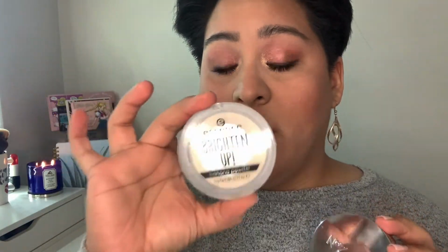Powders. You guys know I love the number 7 powder from the Lift and Luminate Triple Action. I also like the Brighten Up powder from Essence. It is very affordable and it is really nice on the skin. It does help brighten up those eyes. Actually, let's try that on my face today. I haven't used this one in a while for under my eyes. I mostly just use it to set my lids, but